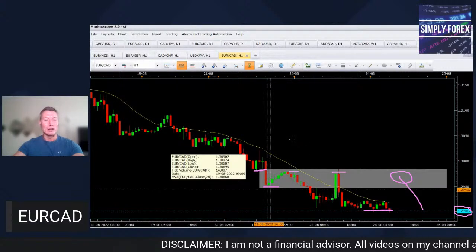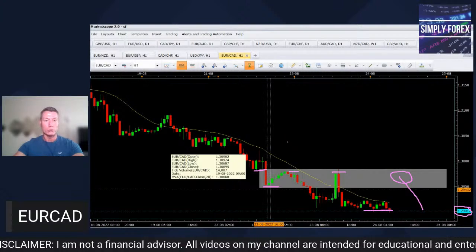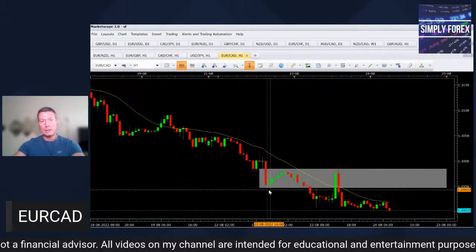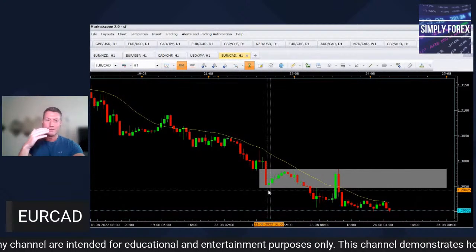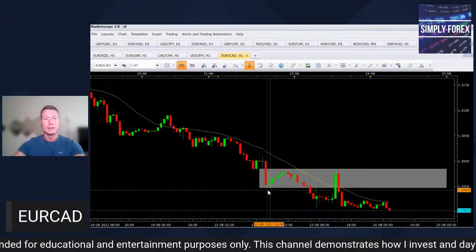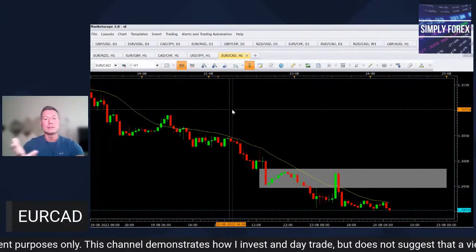Okay, guys, the more I look at it, the more I dislike it. But that grey zone could be a potential short there. Okay, guys, so they're the trade ideas for today. So 4 potential trade ideas, and forget Euro Canadian dollar. But it was quite useful to see how my mind thinks and why I didn't like it.